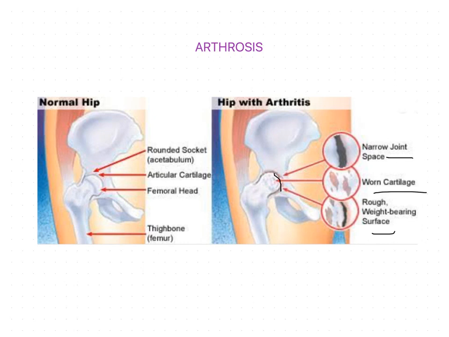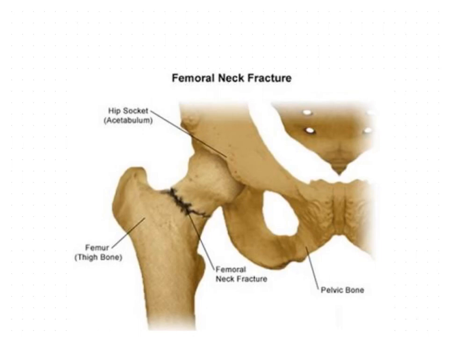Now we will move on to the next pathology of the hip joint, that is fracture of the hip joint. Normally it occurs at the neck of the femur. So we have seen the trabecular system where there is a zone of weakness. That area is normally vulnerable to fractures. Here the weight bearing forces coming through the hip joint may cause deterioration to the articular cartilage.